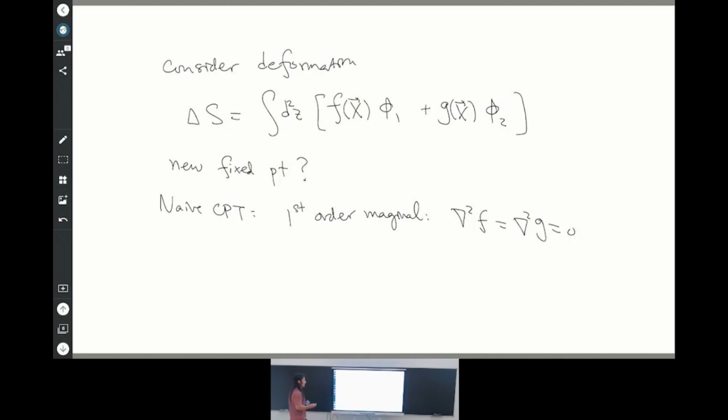Just because these functions f and g diverge somewhere in the target field space doesn't mean this deformation doesn't define a well-defined quantum field theory. In fact, it's precisely because in the naive conformal perturbation theory you think of f and g as Taylor expansions, bare couplings, and they could well diverge, whereas the appropriately defined renormalized coupling will remain finite. So in the appropriate renormalized conformal perturbation theory,